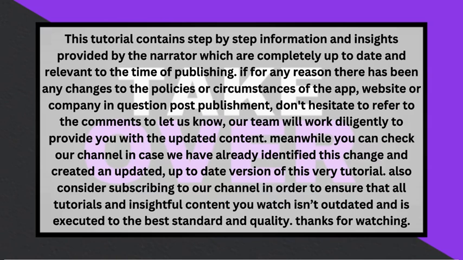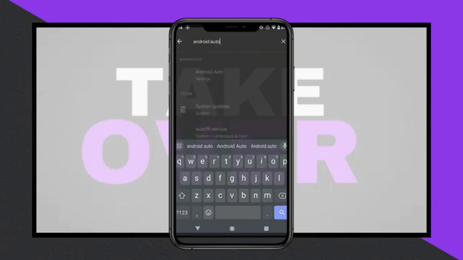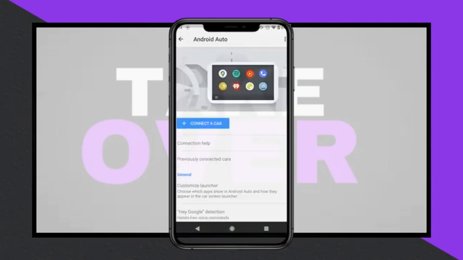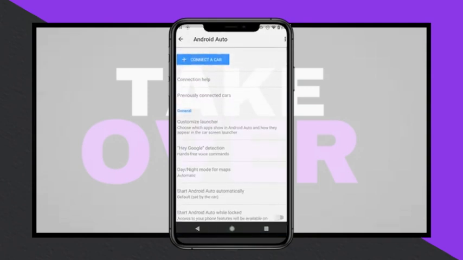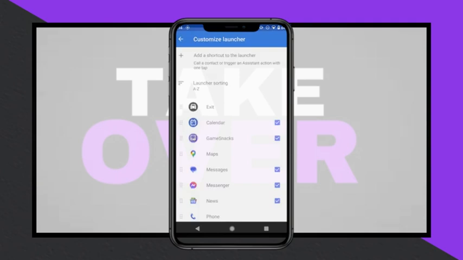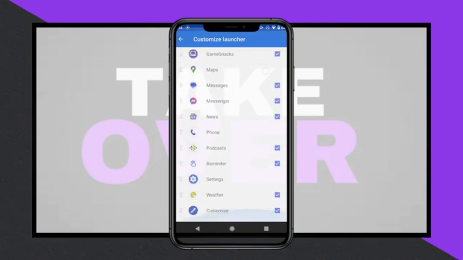at the top. Select the Android Auto settings, then scroll down to the General section, where you'll find the Customize Launcher option. This is where you can add or remove apps from your Android Auto launcher. Alternatively, you can scroll to the bottom to find a hidden section, where you can select an app to add